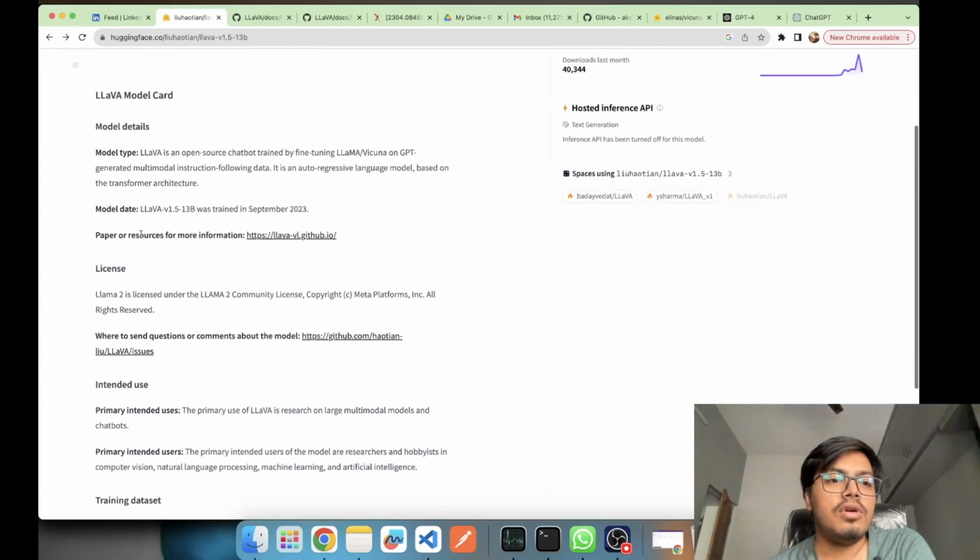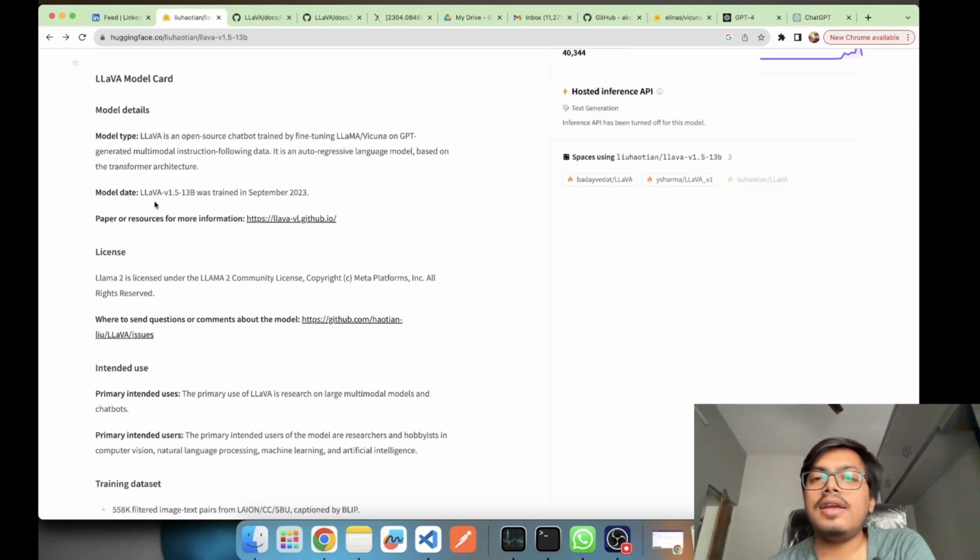It was trained in September 2023, just last month, and it's a 13 billion parameter model. It is just like giving vision capabilities to Llama. Llama is a base model pre-trained by Meta, and Vicuna is done by